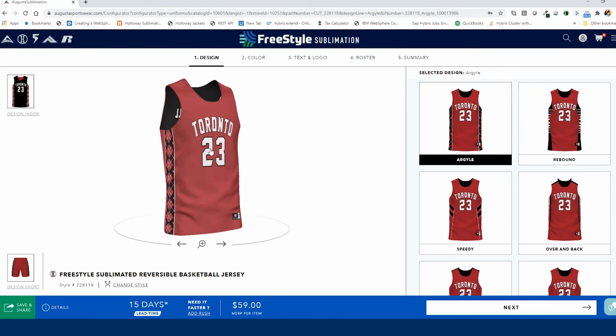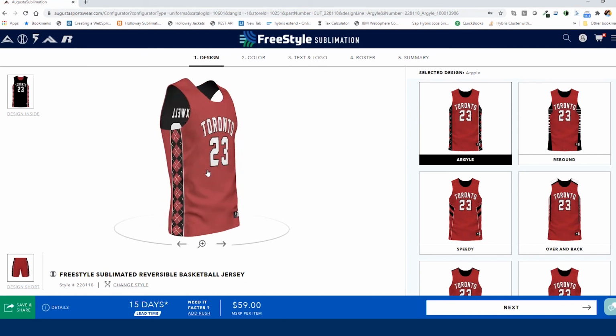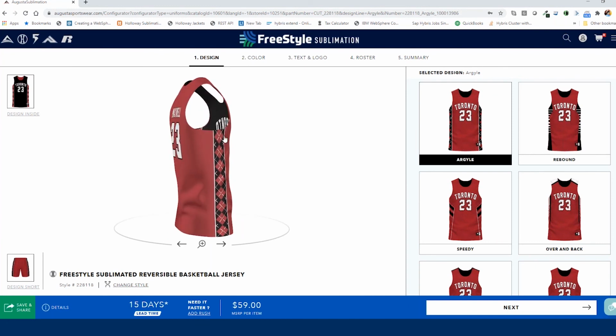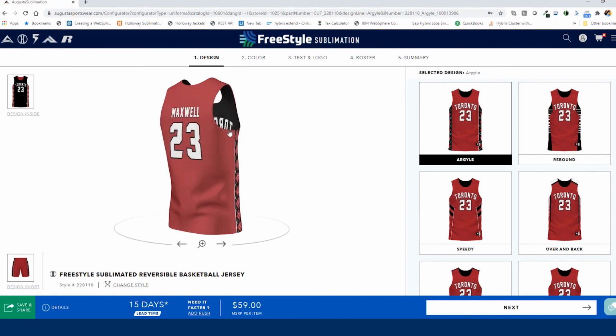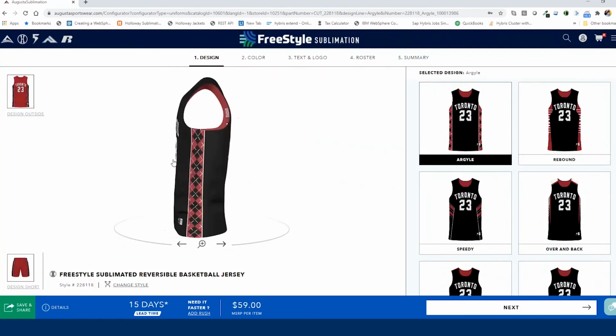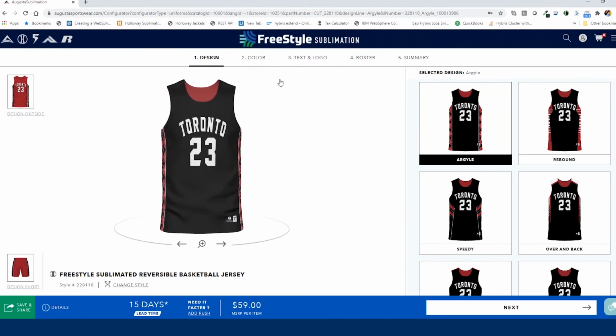What we see on this page is actually a reversible product. I picked a reversible product just to show the capability of 3D. The user can visualize how it's going to look on the interior of the garment too, as it can be worn on both sides. They can click on the design inside and see how the garment is going to look. This is the first design tab, where they can choose different design lines, and then